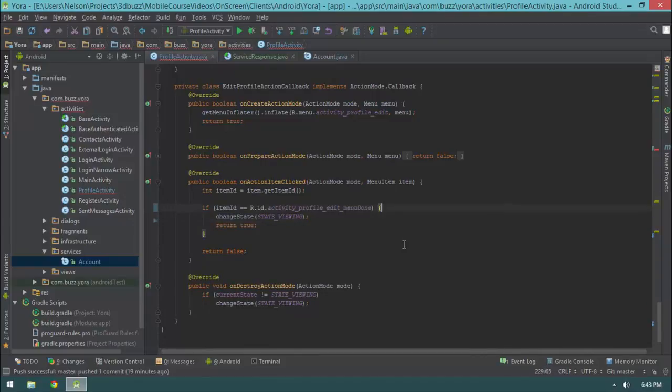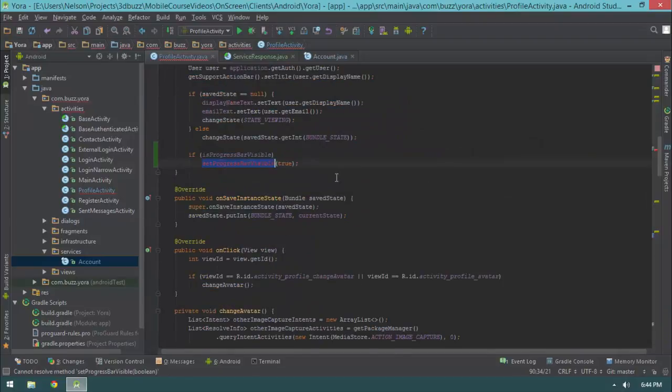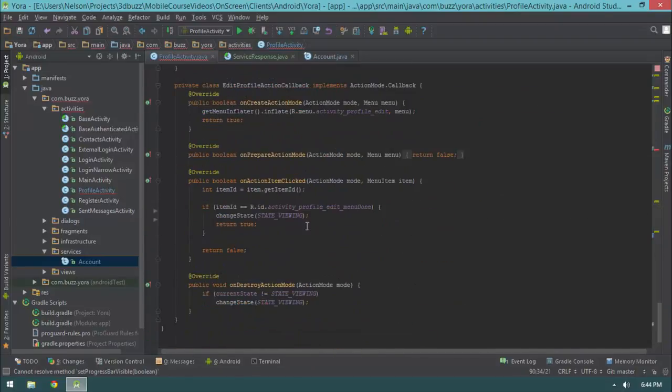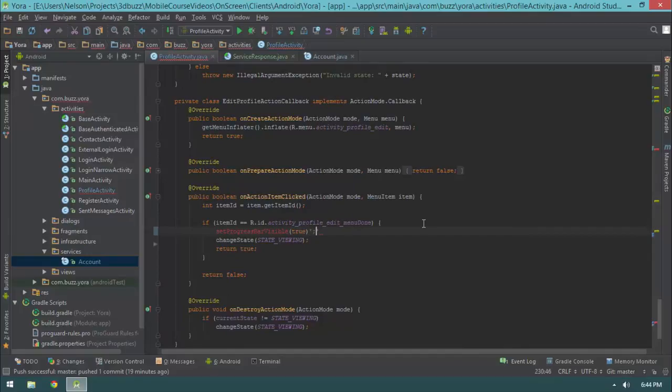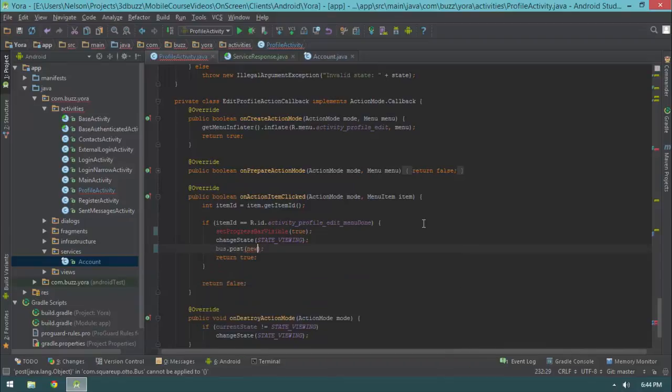So the first thing I'm going to do is update our progress dialog bar to be visible. So I'm going to use this imaginary method that hasn't been created yet, and I'm going to say set progress bar visible true. That'll show the progress bar. Change the state to state viewing. And then finally, do bus.post new